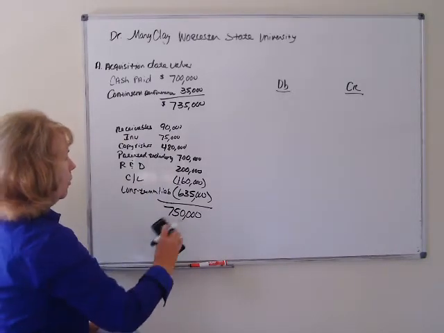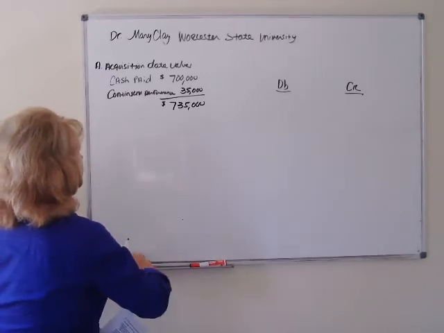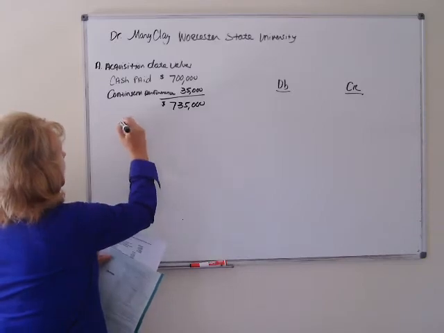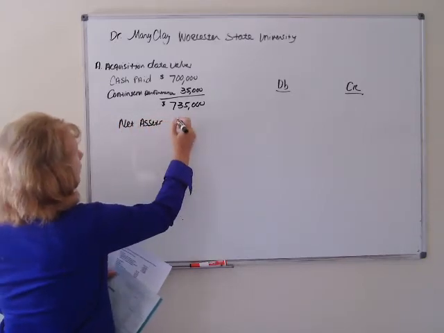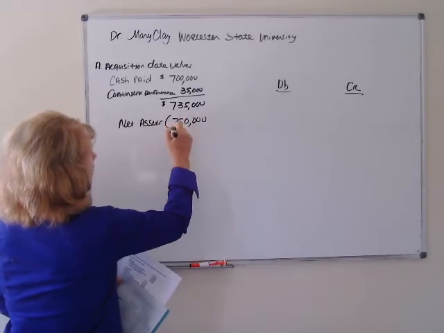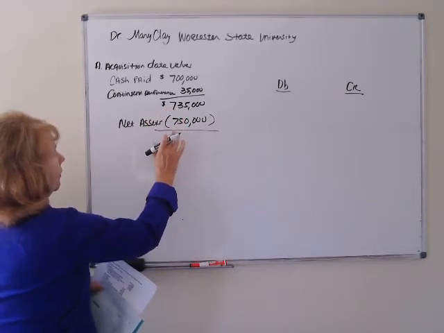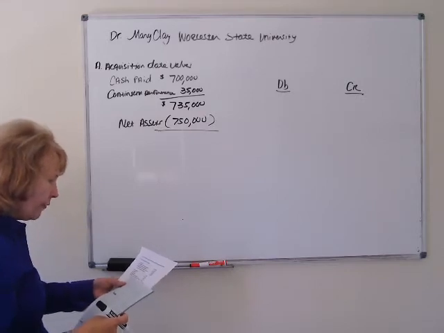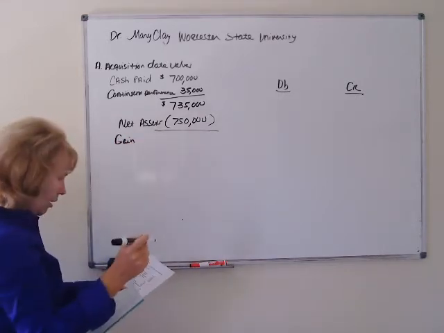All right, now I'm going to erase, and I'm going to go back up, and I'm going to put in my net assets, 750. Well, look, right here. This is a bargain purchase. I got a great deal. The net assets is 750. I only paid 735,000. That's a gain on,